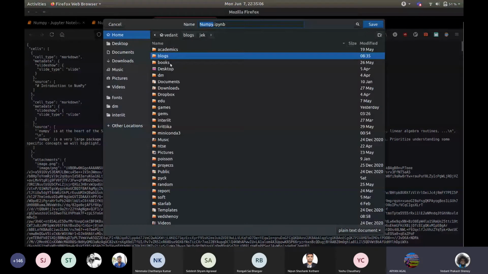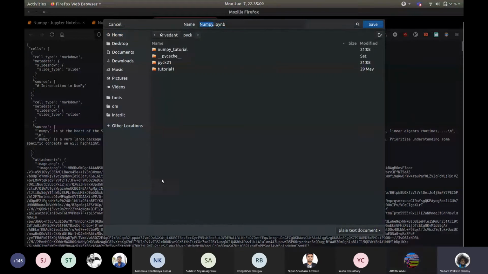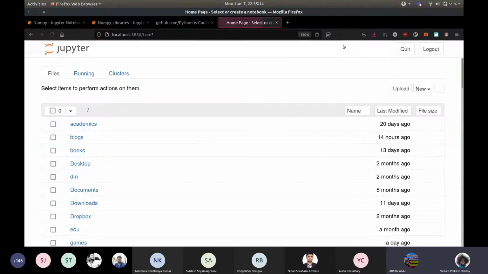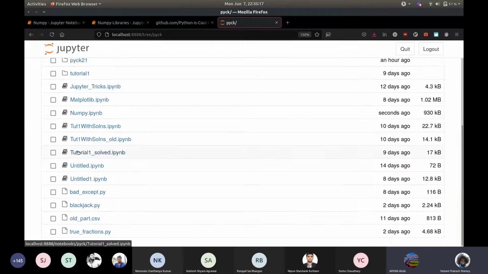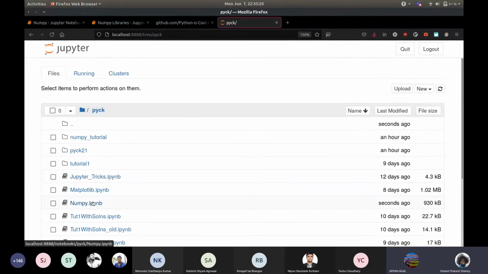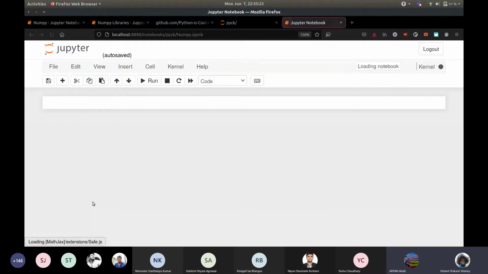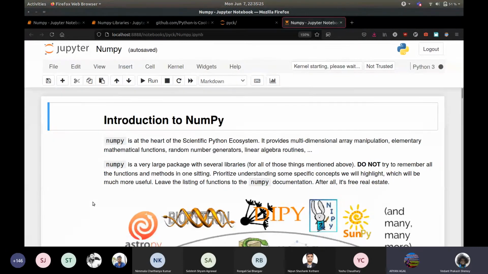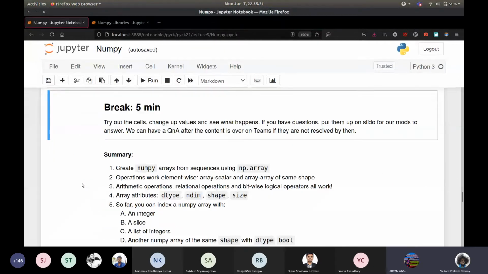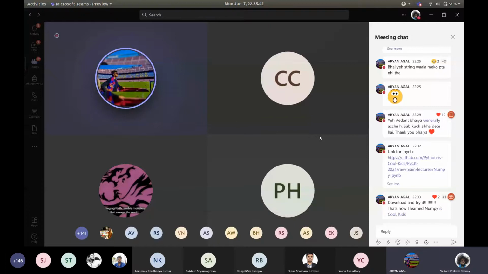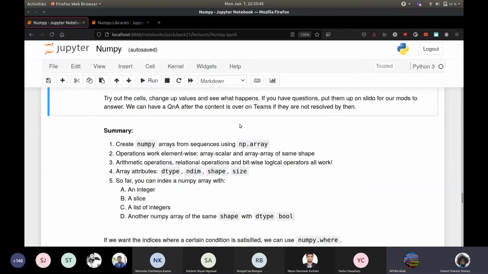He's just opening the link, doing Control S, saving that wherever he wants, and opening it in his Jupyter notebook. That's what he did on the screen. Okay, maybe we can wait till 22:37. How's that? Cool. So go ahead, download it, try it out, get till the first break.